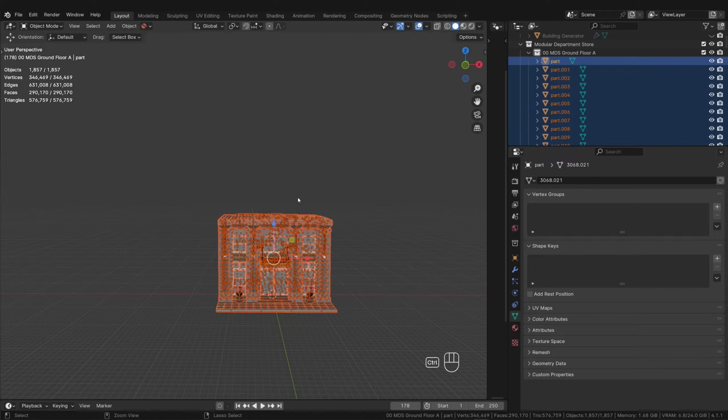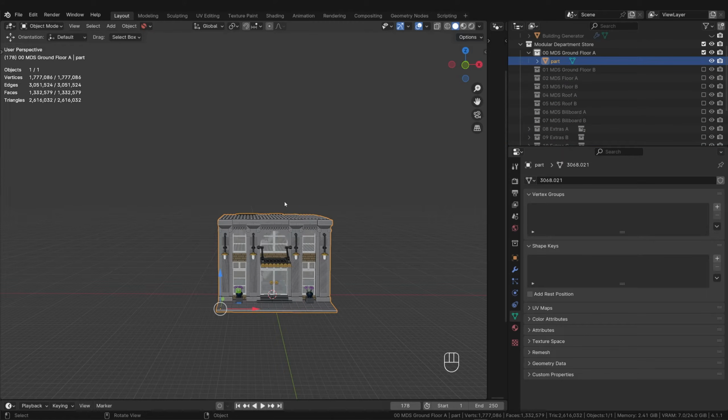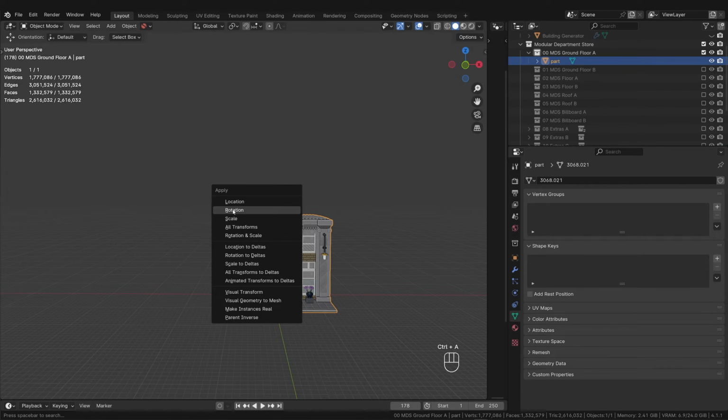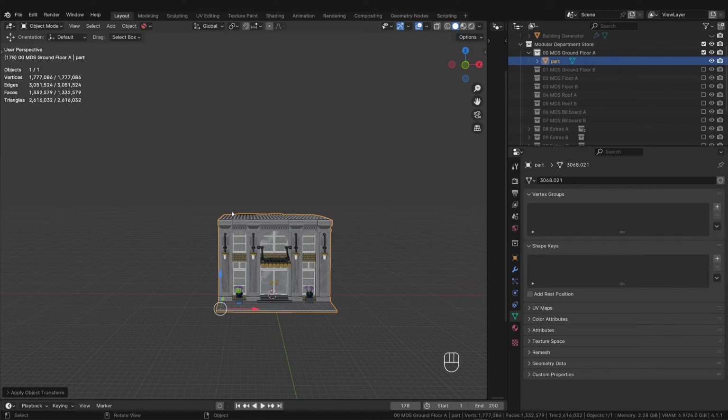Unfortunately, this may take a little while, depending on how many bricks you want to merge into one object. If your computer can't handle it at all and crashes, you would have to proceed in smaller steps and only merge a few objects together and then add more and more. Hopefully it will work for you with a large amount of bricks like it does for me. As long as Blender doesn't close completely, it usually continues to work in the background. When the object is created, we press Ctrl A and apply the rotation. This is important for a node that we will add later. It won't work correctly otherwise. We now have to do this with all the collections except the lights.